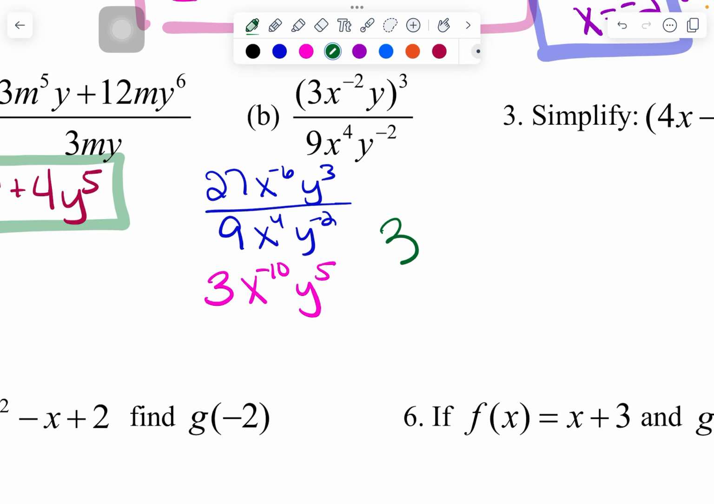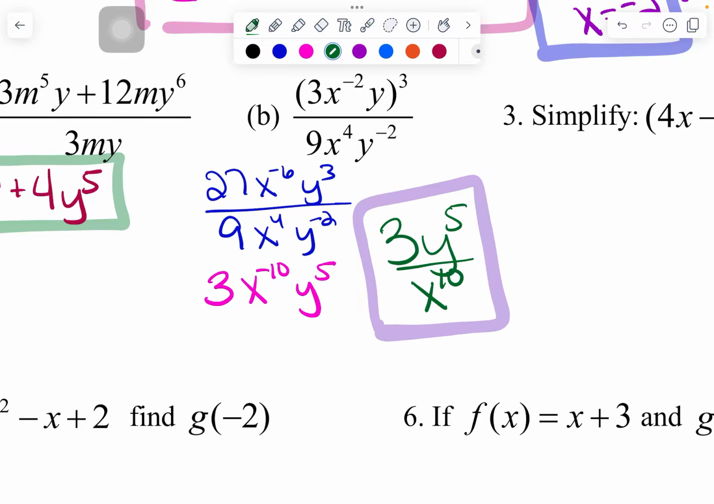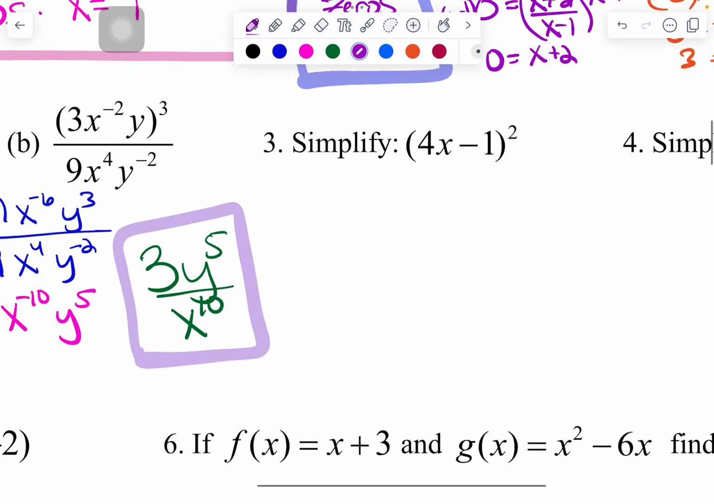So I'll separate that. We're going to keep the things with positive exponents on the top, and the x to the 10th, make it positive in the denominator. So 3y to the 5th over x to the 10th. And then